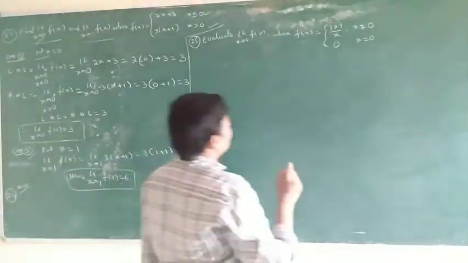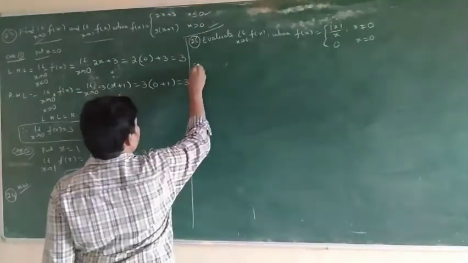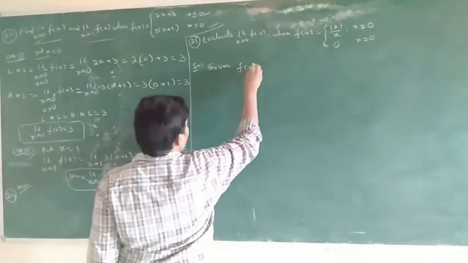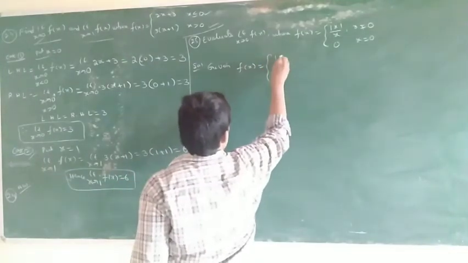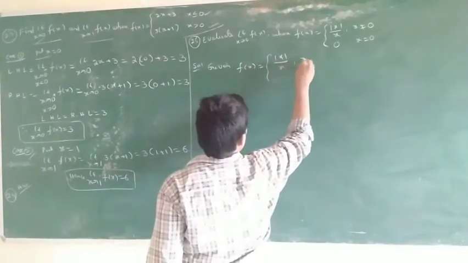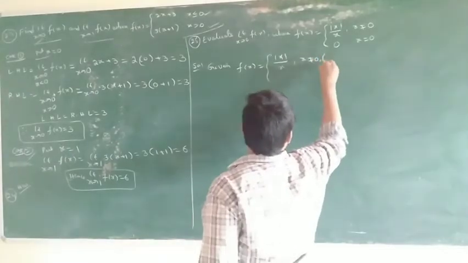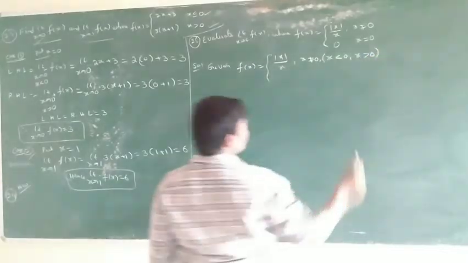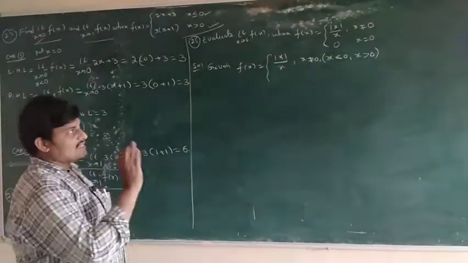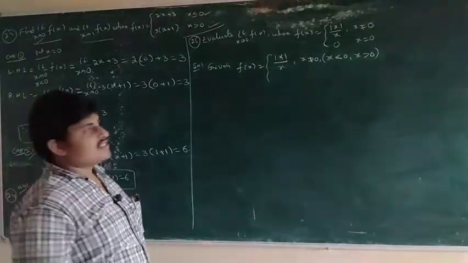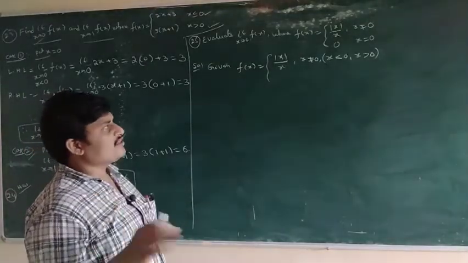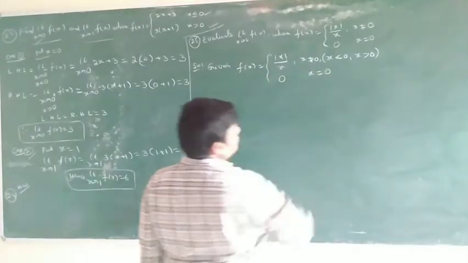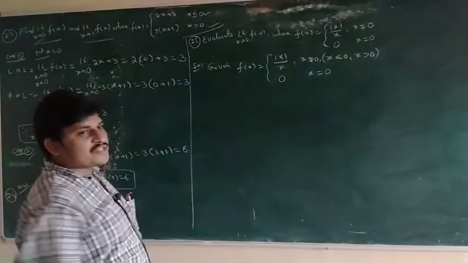So x not equal to 0 means, for example, solution. What is the given data? Given f of x is equal to mod x by x if x not equal to 0. X not equal to 0 means x less than 0 and x greater than 0, only x not equal to 0. X is not 0 only. Remaining all values, negative values and positive values, are there. So 0 if x is equal to 0. This is the problem, the modulus function.